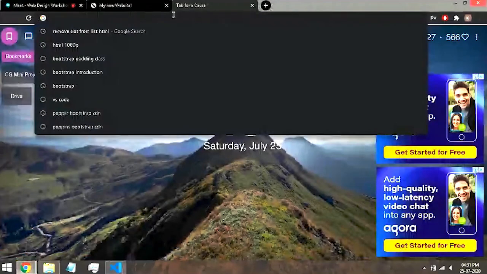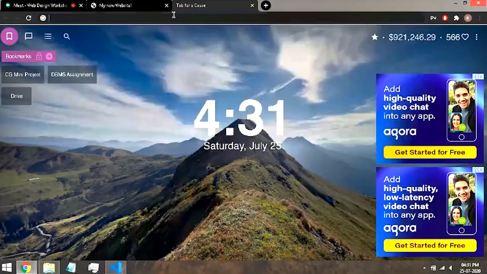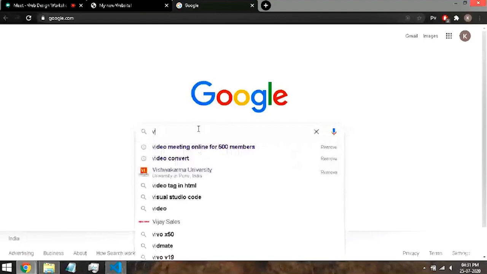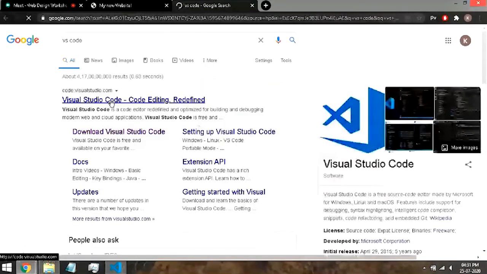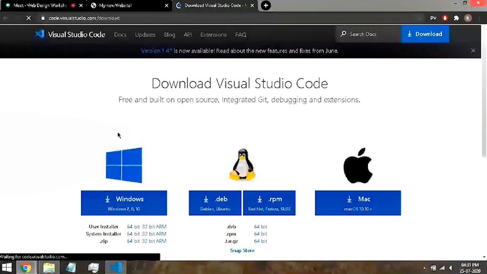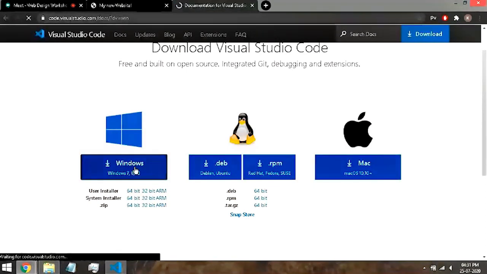I will just show you how to download this. You can also download it. So I'll just go to Google. Here you have to just type VS Code. The first link that you can see, go to the sub link and click on download Visual Studio Code. Here you can see multiple options for different operating systems. I will select Windows as that's what I'm running on.